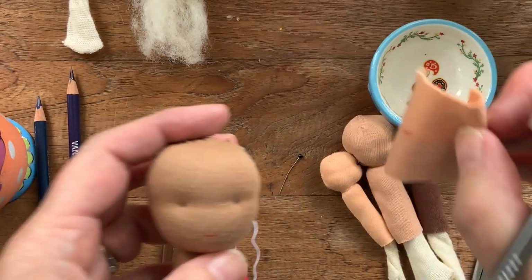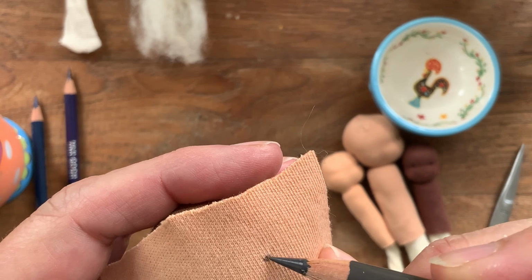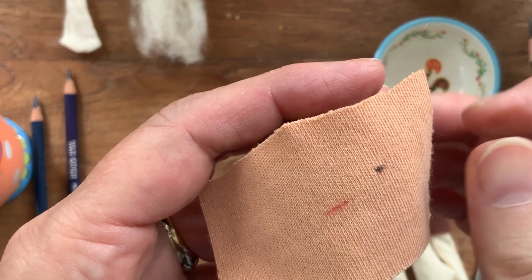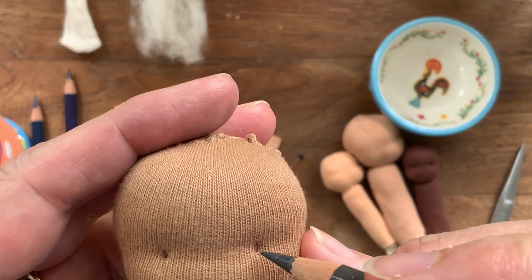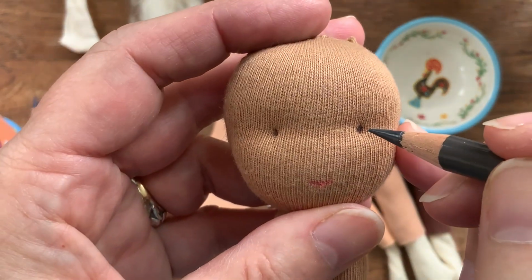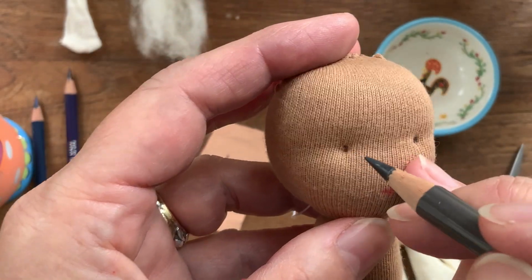I'm going to use it on the scrap piece again first, and you see here that it makes a wonderful color. This is not as strong as black, but it is a really nice eye color, I think. And well, let me get this in camera. If I put it on like this, and the other one,